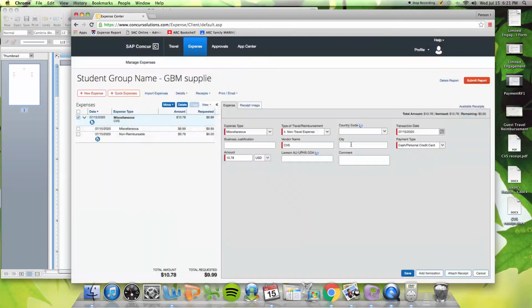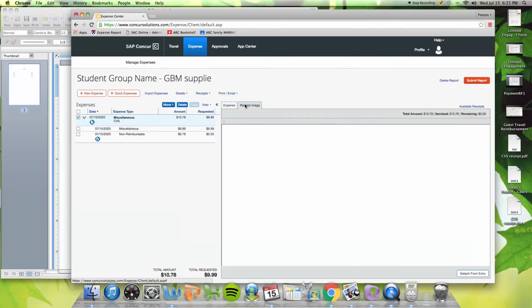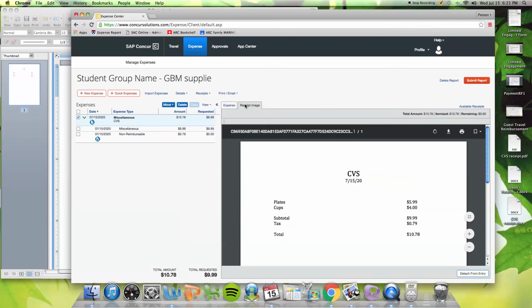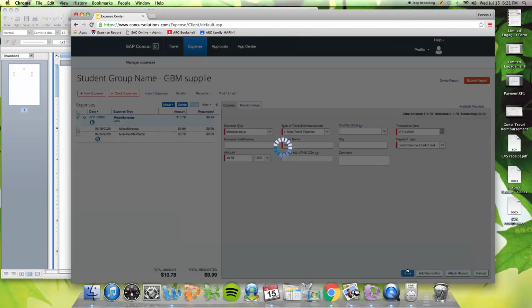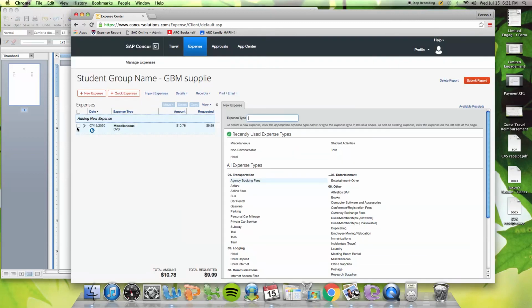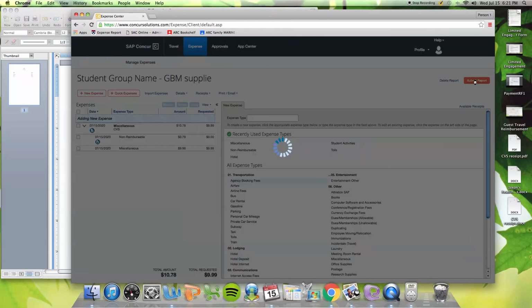So you attach that, and a new receipt image tab will come up. Check it. It's always good to check to make sure everything is readable. And you're done. You can hit save. Make sure everything's there. There's a little drop down that has both your itemization lines, and you're ready to submit. So you hit submit report,